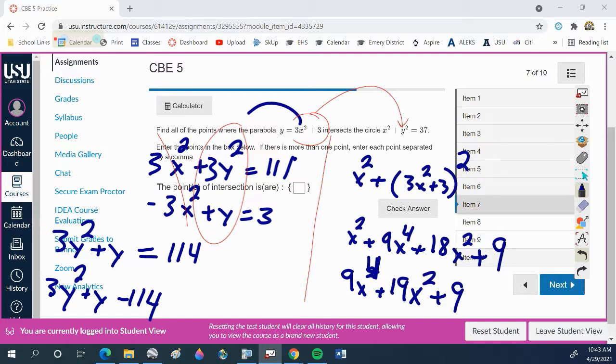So we need to factor that. Does somebody have a factoring thing on your calculator? No? Okay. For the sake of time,